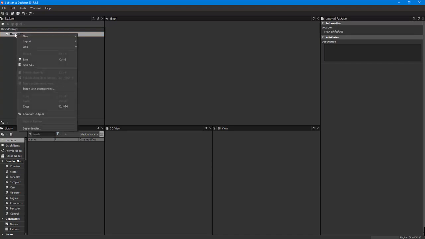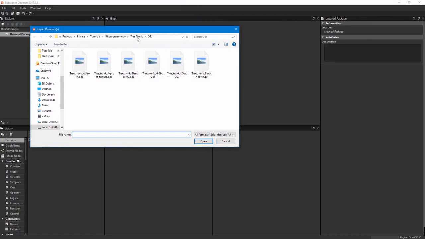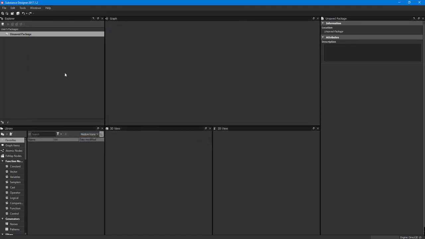And now we need to import our low and high poly OBJ and also that 16K texture from Agisoft Photoscan. So go to Link and Link 3D Mesh. Navigate to our OBJ, find the high OBJ and click Open. That can take a few seconds because this is 8 million points, as we remember. Oh, it was quicker. So next one,